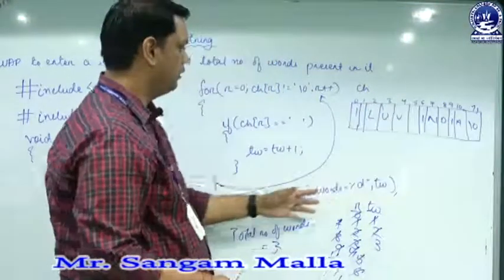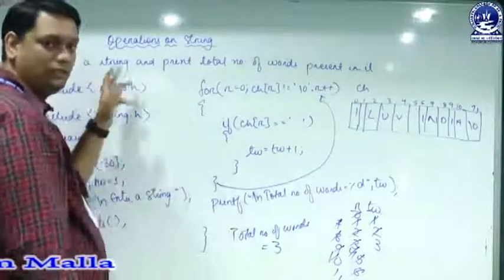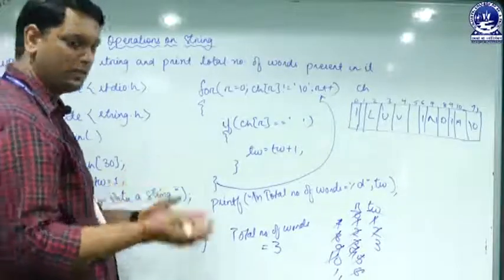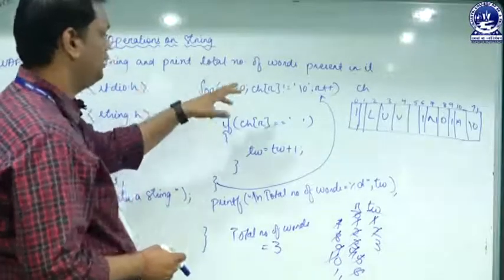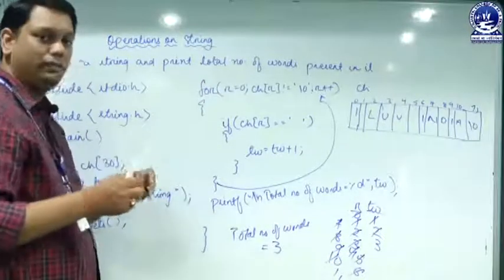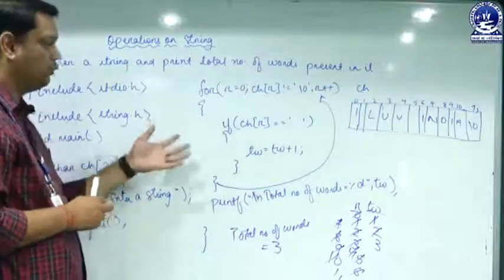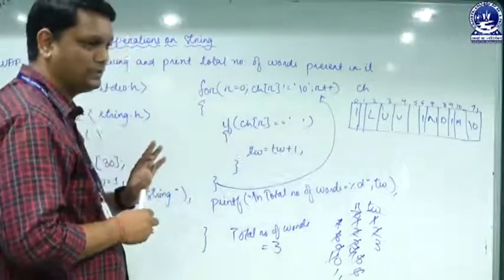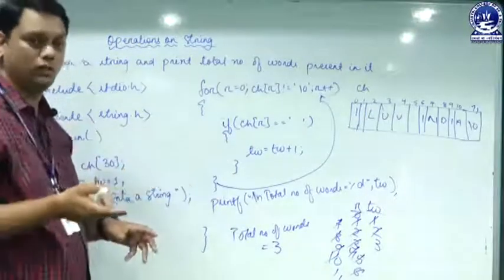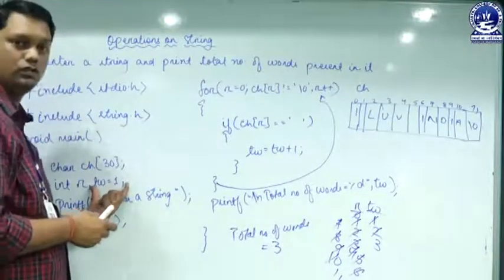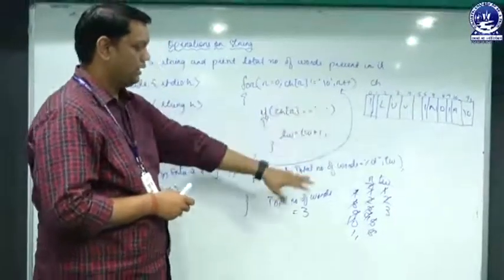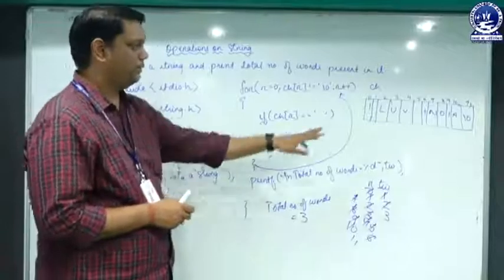So from this program we have learned that we have to enter a string and calculate the total number of words present in it. As per the logic of the program, every sentence contains words that are 1 incremented from the number of spaces. That means this program will calculate the total number of spaces, and the words will be that count plus 1. That's why we have taken total number of words, or TW, equal to 1 over here. So in this program we have taken the rough work and our program successfully proves it.